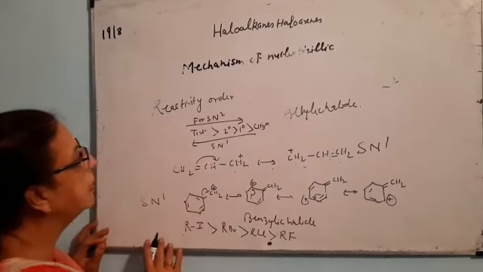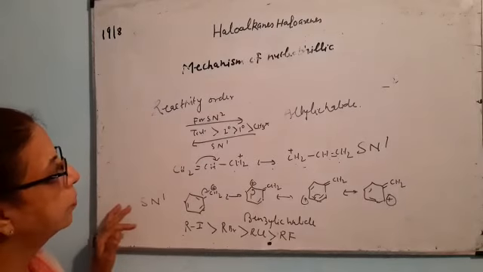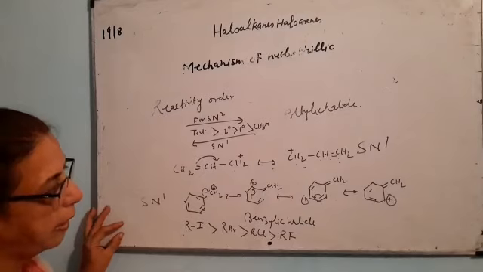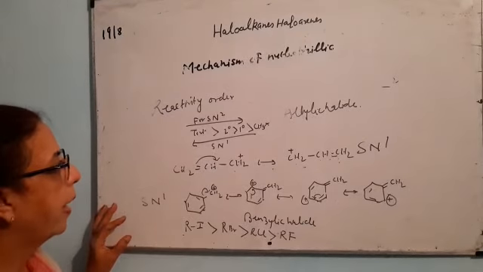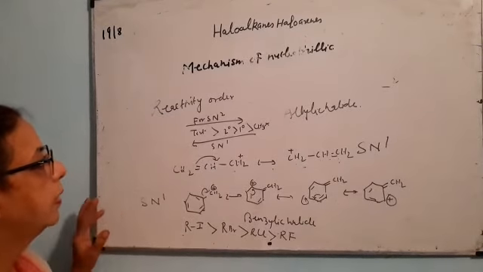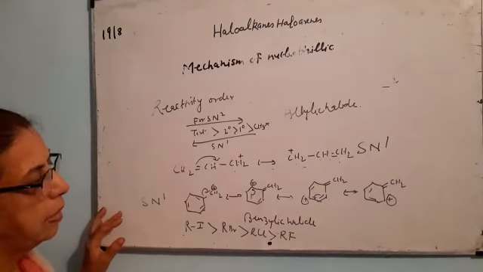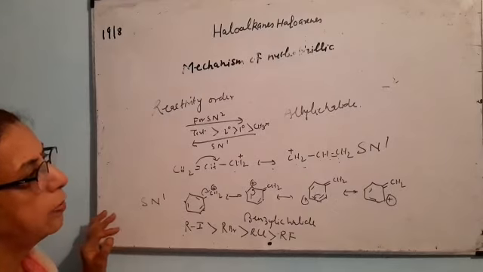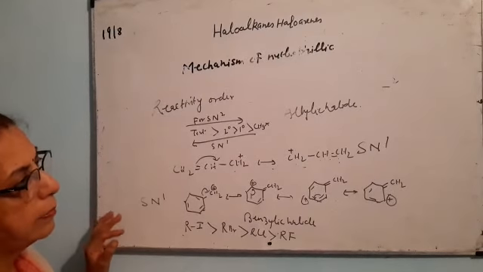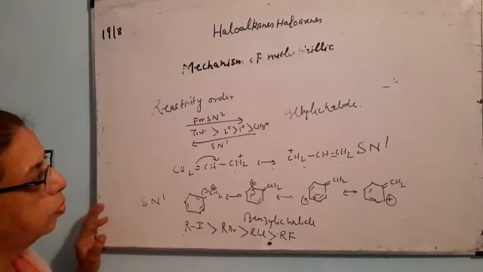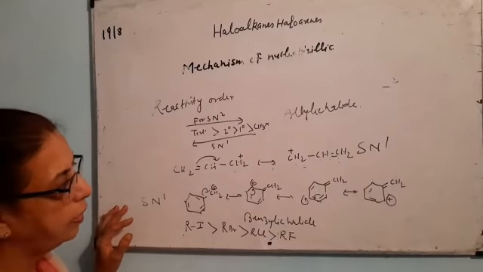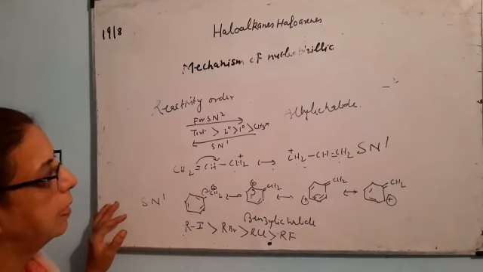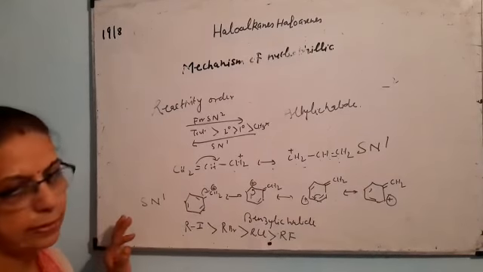So we can easily see that all the resonance stabilized molecules follow the SN1 mechanism. All the primary molecules follow the SN2 mechanism. Now you have to study this SN1 and SN2 mechanism in stereochemical concepts. So please go through this mechanism very carefully, as there is always one question from this mechanism. If there is any query, let me know.